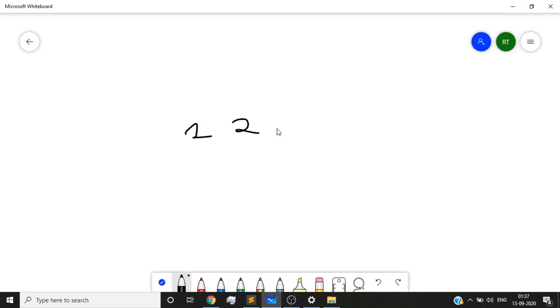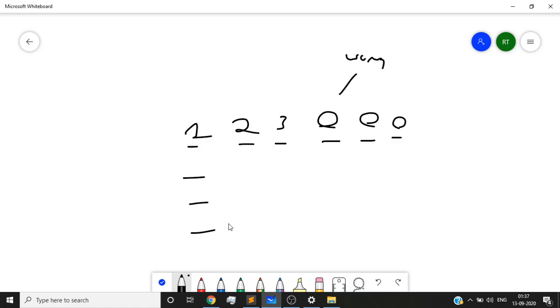I have a matrix in which, let's say, some bunch of starting numbers are correct, then here I have wrong elements. What does wrong element mean? Basically the correct element right now is here for this particular index, and if we transpose then we will be able to get the correct element. Let's say here we also have a wrong element, and here we also have a wrong element, and let's say here we have a correct element. So how are we going to calculate the number of transpose operations required?